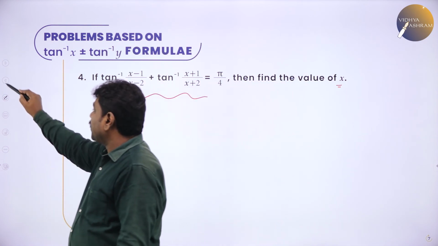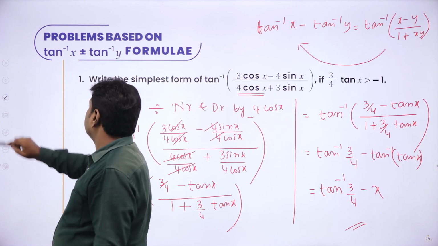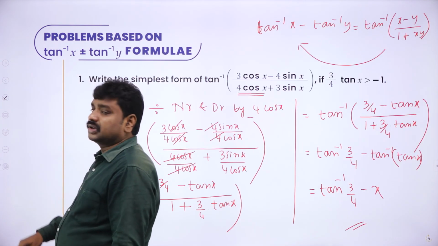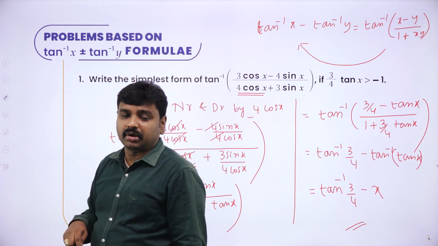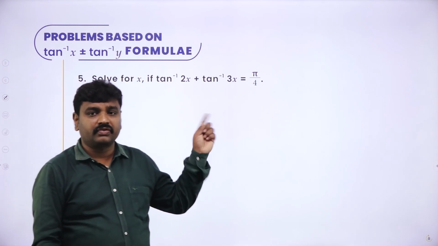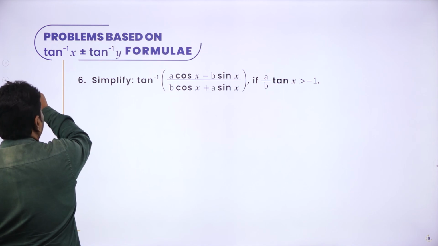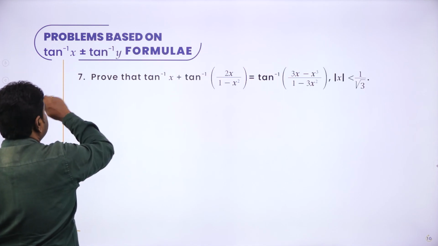So in the past problems we just compressed. So here also we have compressed. Here we have compressed. So here we simplified the given problem. Sometimes we proved what is required, but now we have to solve. So the other two problems, 4 and 5 we need to solve, 6 simplify and 7 prove.